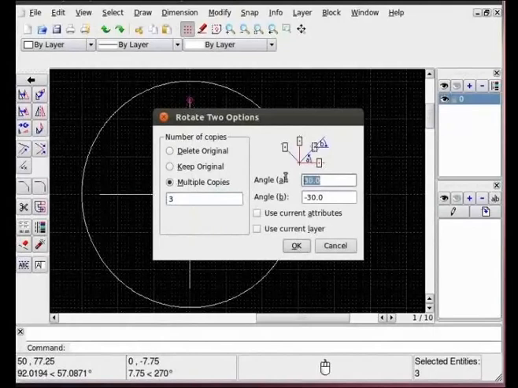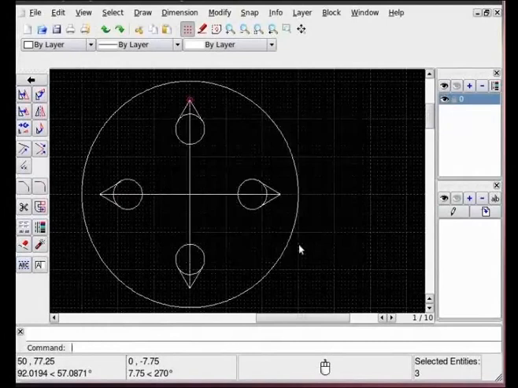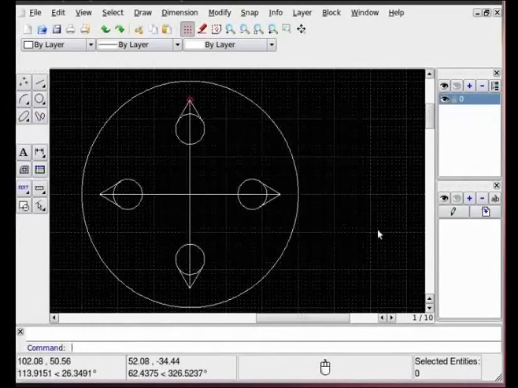Angle, since there are 4, so angle is going to be 90. Angle B, let's leave it 0 for now. We will see how angle B works next. Once it is done, let's OK it. Okay, so it has created 4 copies of this object rotating around this center of this bigger circle.